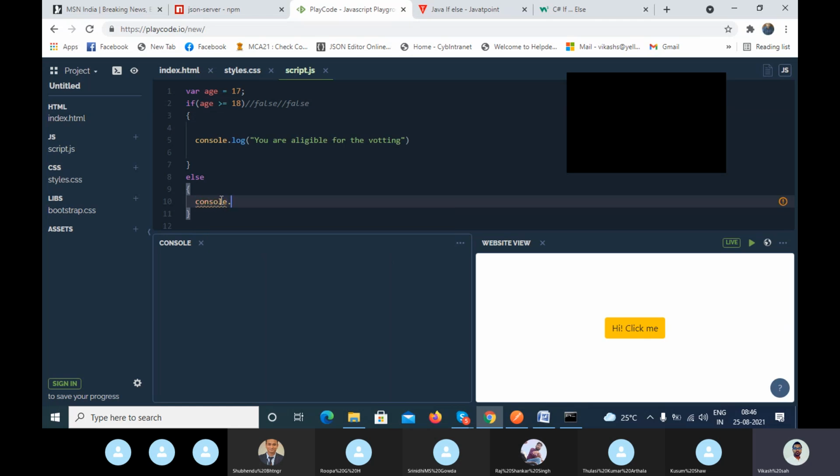If anything you want to execute here, let's suppose I want to print: you are not eligible for the voting because your age is less than 18